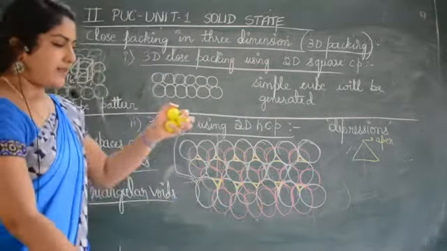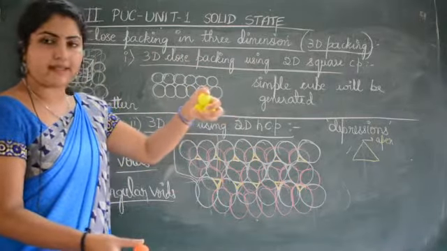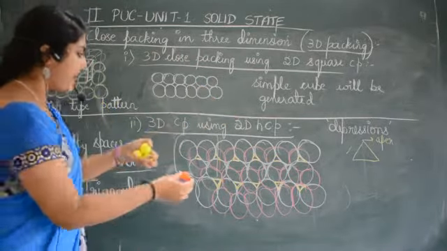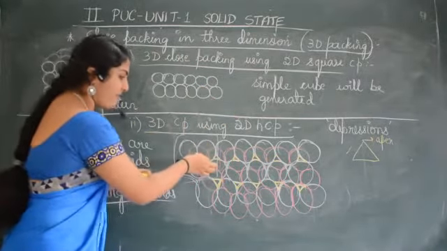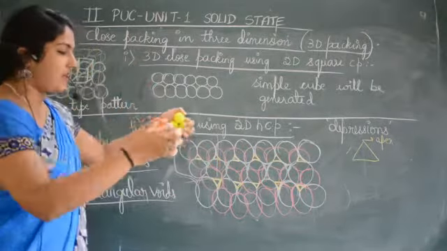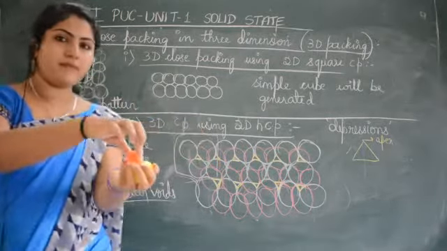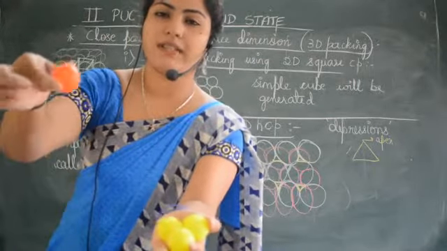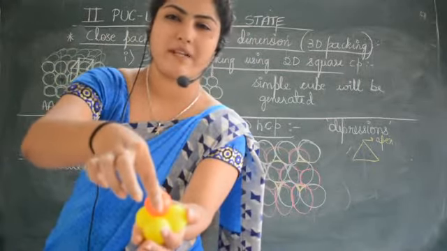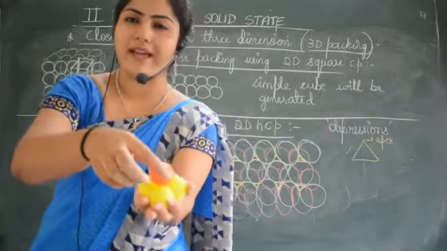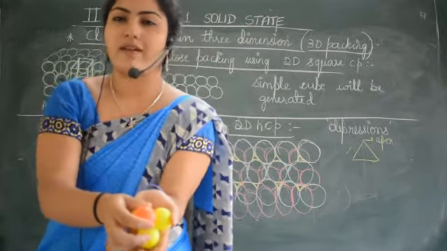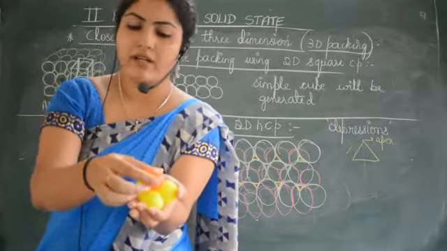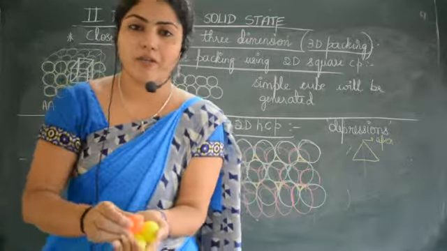Now over this, in the center, from above, we have placed one more sphere. So that sphere, if I keep it this way, see, this was a layer, and over that, one more sphere has been placed. How does it look? Now the triangular void has been covered, but a new void will be formed there.